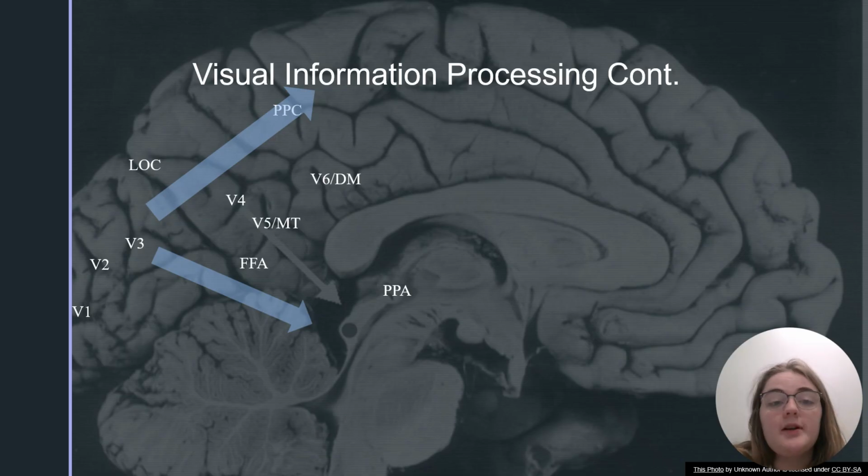FFA is the fusiform face area in the brain, which is highly specialized in face recognition and identifying individual objects. And then the PPA is in the hippocampus, which specializes in responding to scenes, landscapes, and buildings. So we're really starting to get into the dorsal stream here, really with the past few that I mentioned. And the PPC is part of the dorsal stream, processing spatial location, depth perception, and guiding visually directed actions